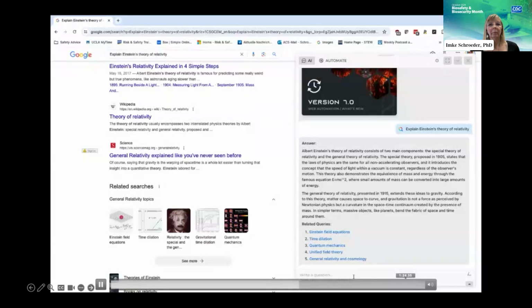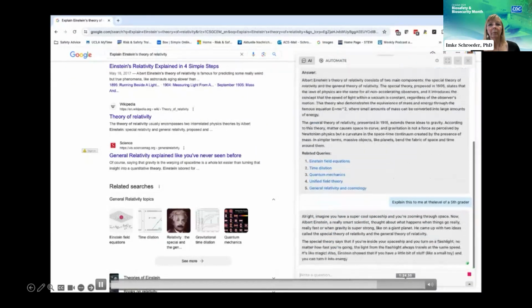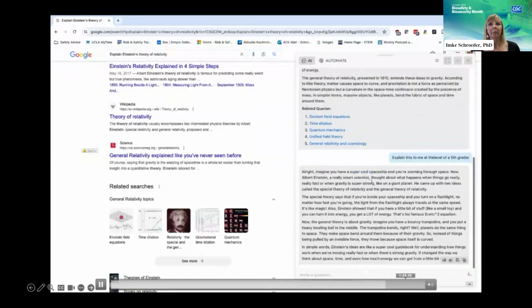So I'm going to ask it to explain this to me at the level of a 5th grader. And here you have a much simpler language that you can use to impress your office mates.